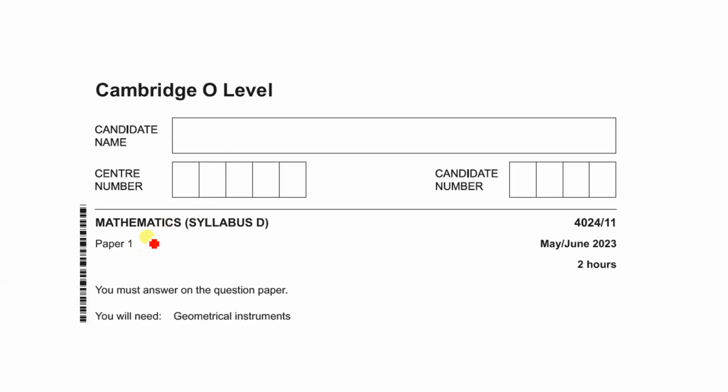Hi everyone. In today's session, we are going to solve this paper. This is Mathematics D, paper 1, 402411 and session May, June 23. So let's start with the